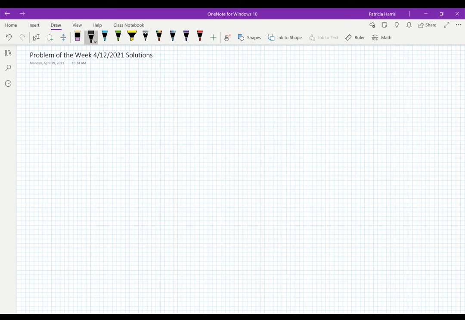Okay, let's start going through last week's problem of the week. So the first two questions are basically definitions. What's the difference between row echelon form and reduced row echelon form? So row echelon form